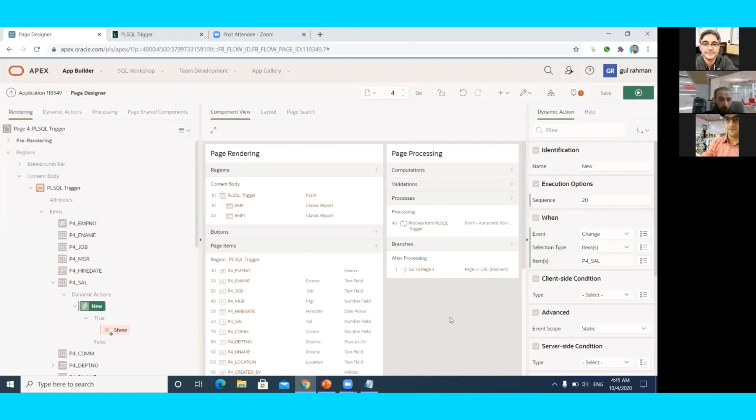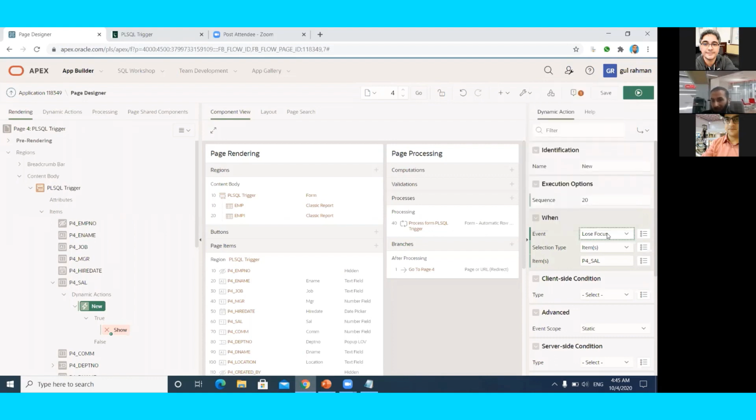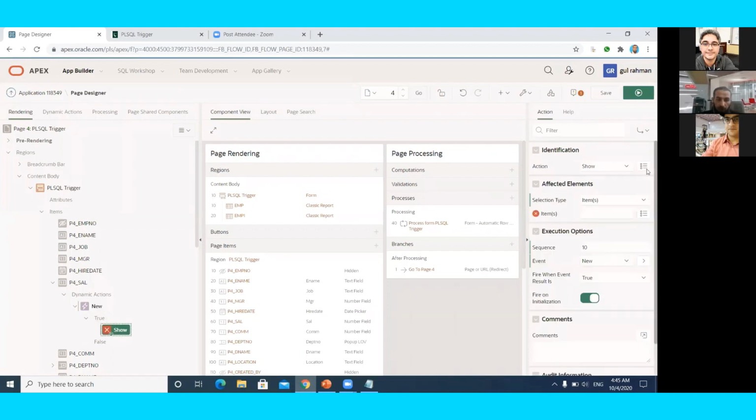And for key next item, and after key next item, you have to validate your page item data, or validate some of your data. For that we are using lose focus, a dynamic action JavaScript-based event when focus is lost on this item. So this is the alternative of key next item. On lose focus, you can validate your data, and you have to execute your PL/SQL code in the true action